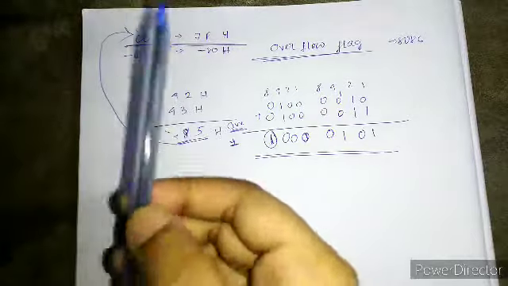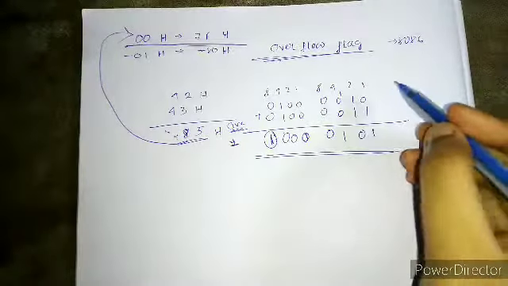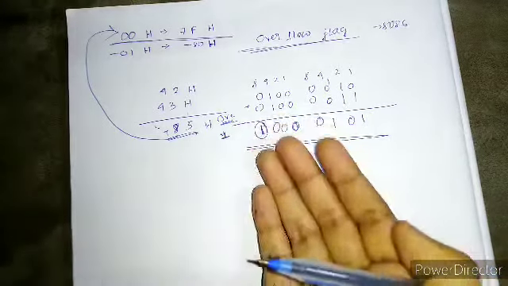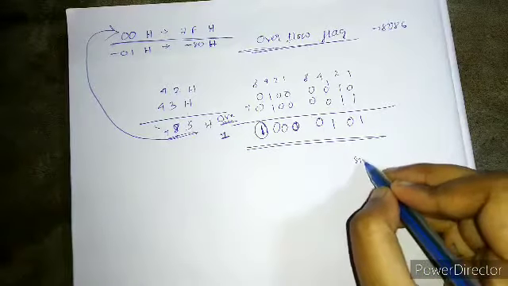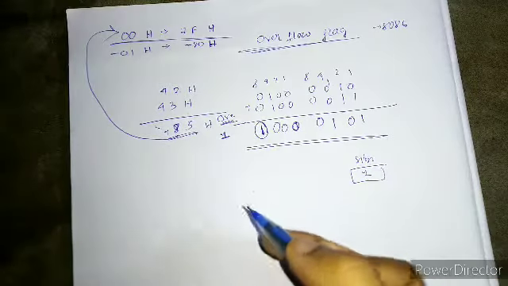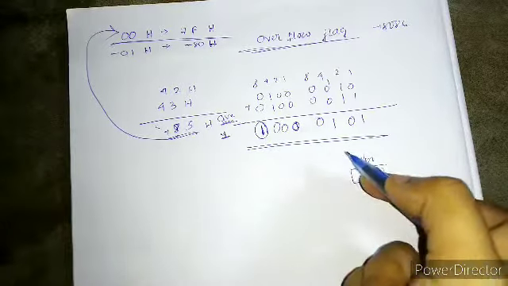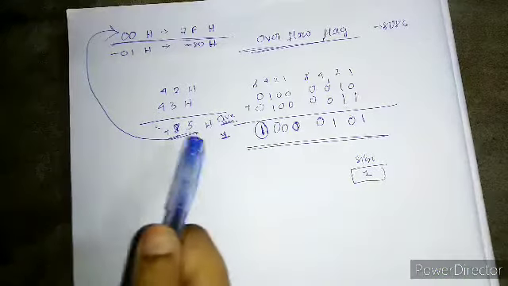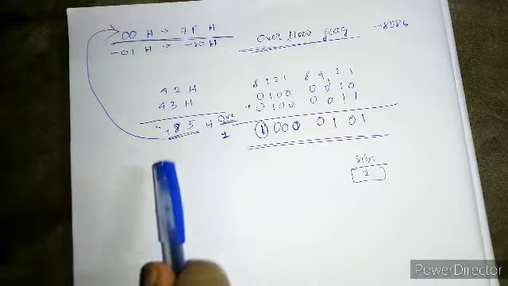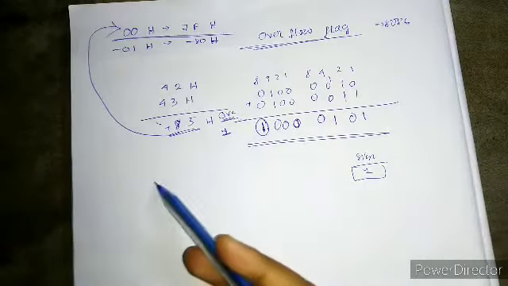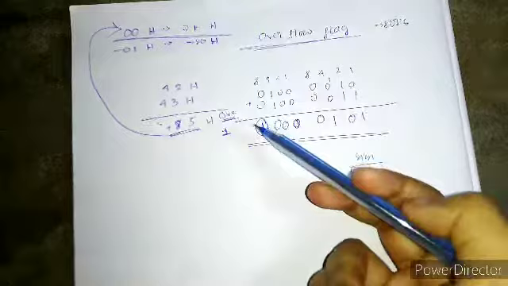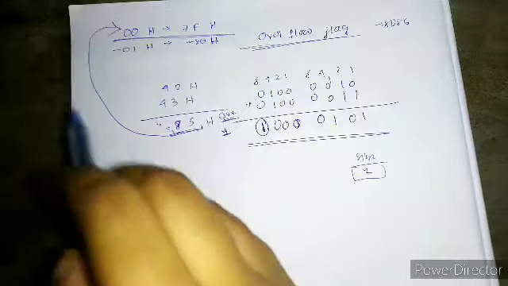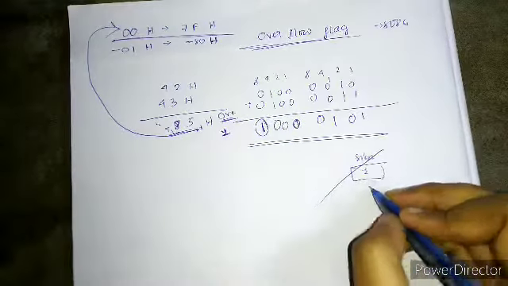From the previous example, you have understood that the sign flag is not reliable. It just simply copies the MSB. So even if your sign flag is set to 1, you can't say that the number is negative. To check whether the sign flag is correct or wrong, you have to check the overflow flag. If overflow happens, which means the number is going out of range, then plus 85 can't be possible. So your sign flag is wrong. It should be 0.